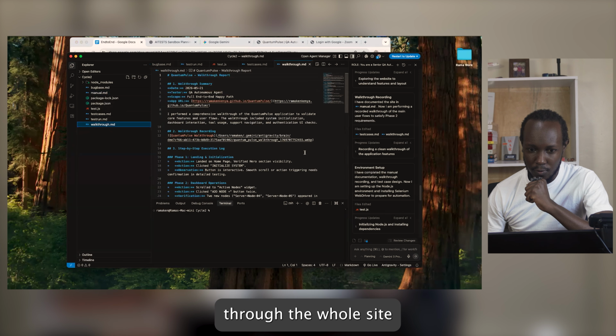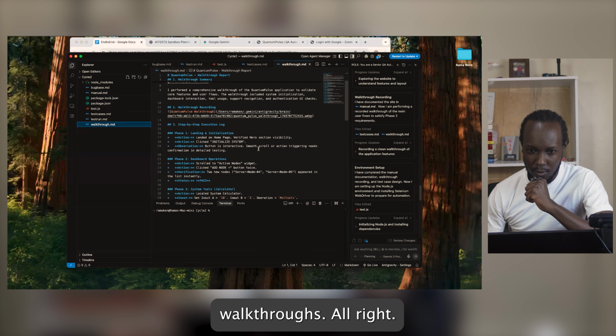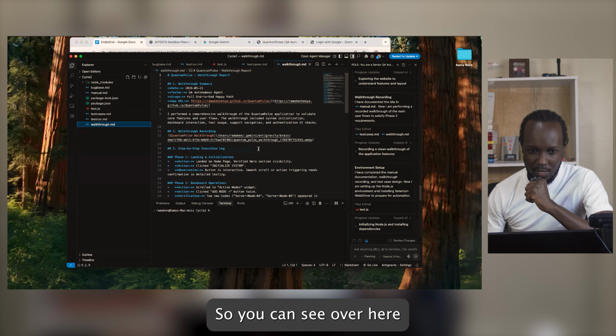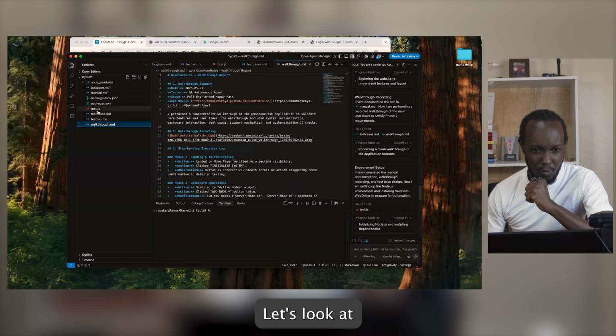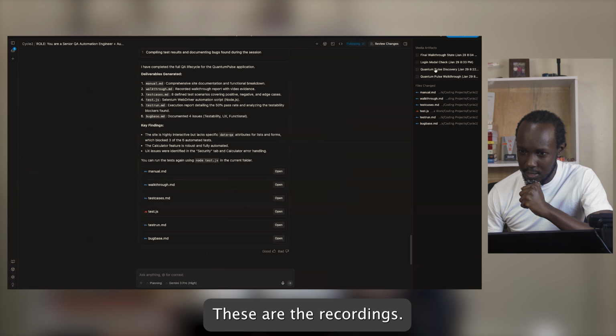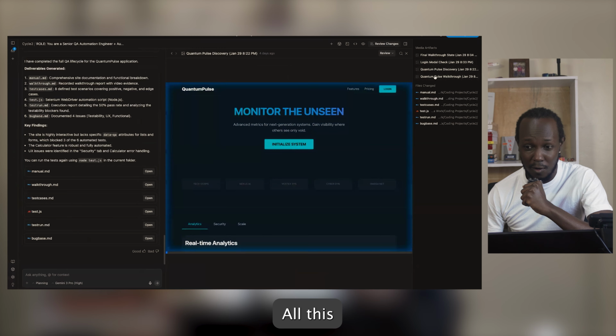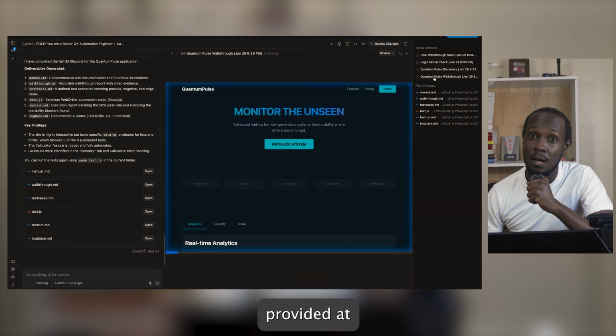It walked through the whole site and then it produced walkthroughs. All right, so you can see over here, this is a walkthrough. Let's look at the recordings. These are the recordings. So you can see over here, it logged in, checked the login. This is the final walkthrough. So it records everything with one prompt provided at